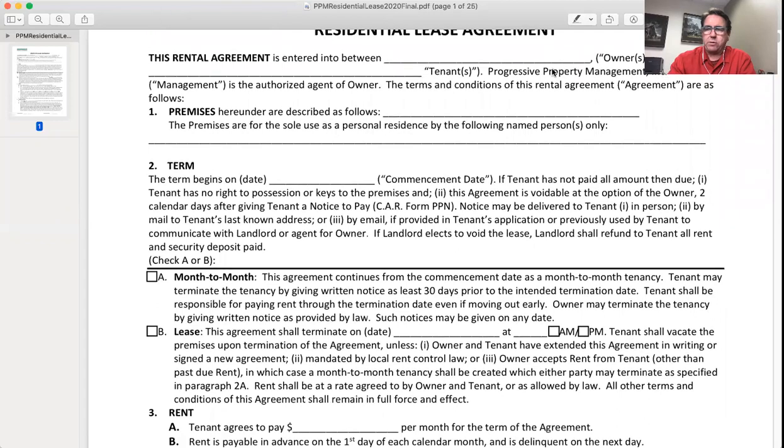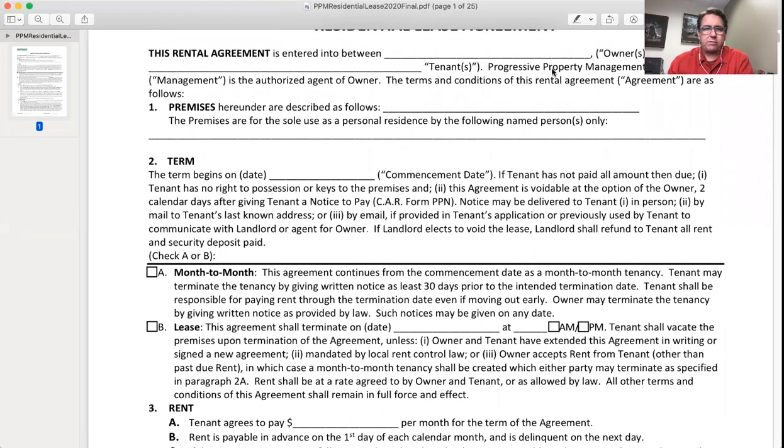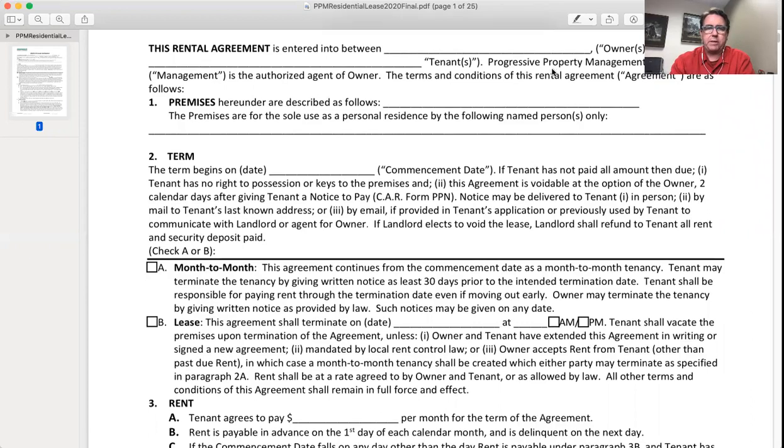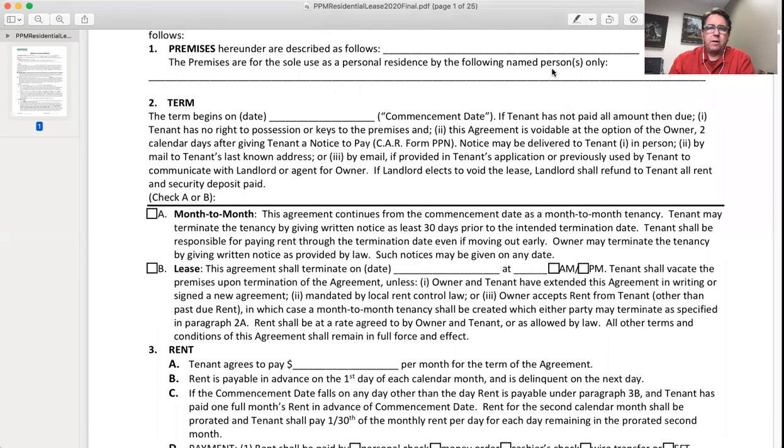In section 1, we decide what the address of the property is. And then if there are other people in the property, they'd be named here. So every adult, plus possibly children, will be in section 1. Most of our leases begin on a certain date and end on a certain date. Generally speaking, we want to do a 1-year lease with our tenants. We want you to be able to know that you're going to be in the property at least a year and you can enjoy the property.